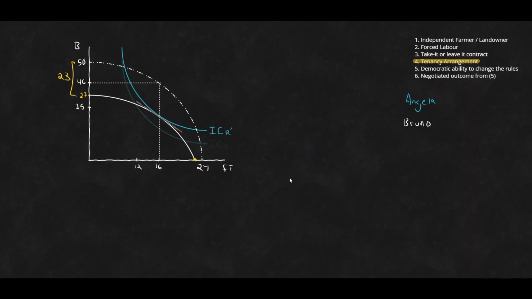Okay, so in this case here, we have a tenancy agreement. So instead of Bruno just saying, hey, take it or leave it, Angela, this is how much you get to keep, and there you go, that's it. Work this many hours for me, keep this amount, and go from there. Ultimatum game going on. Tenancy agreement, really we get potentially a very similar outcome. In this case, underneath the tenancy agreement, Bruno says to Angela, go and produce whatever you want, but your lease is 23 bushels of wheat.